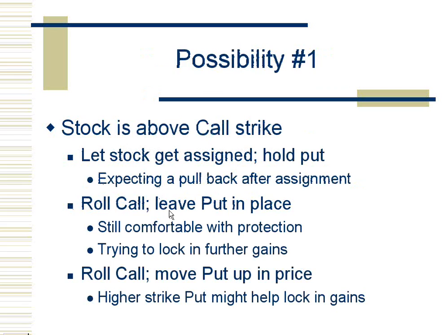Stock is above the strike price. Even if I bought the stock at 49 again, sold a call at 50, but bought a 6 month out put option, okay, at an out-of-the-money strike price, we still have the 3 same scenarios effectively. Stock could be above the call strike price. It could be at or between the call and the put strike price, or it could be below the put strike price, okay? Now, with the stock above the call strike price, we could let it get assigned and keep